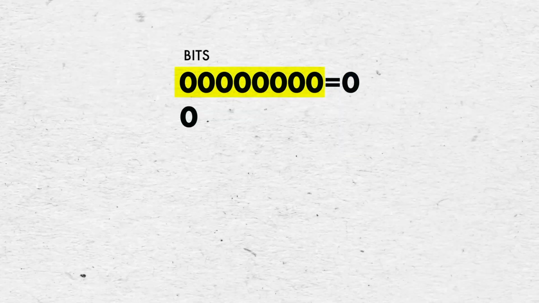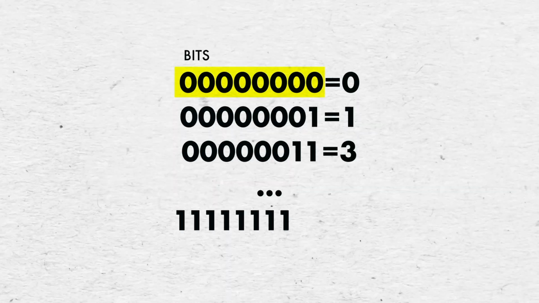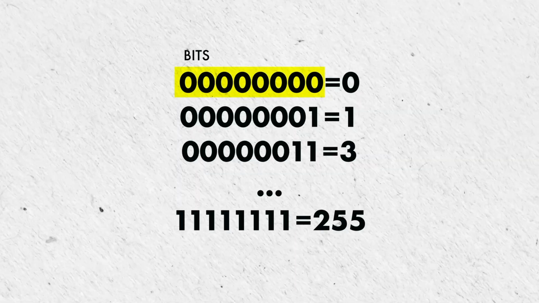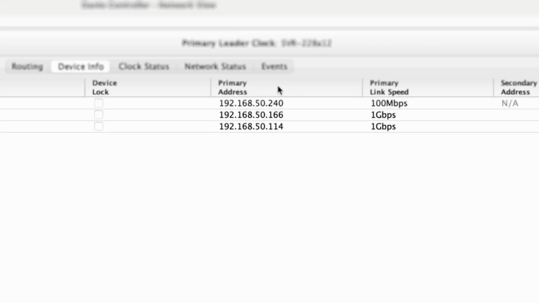I won't go into binary math here, but just know that each field in an IP address can range from 0 to 255, a total of 256 values, represented by 8 bits, which are either 0 or 1. All zeros equals 0, all ones equals 255, and every other combination of zeros and ones represents a number between 0 and 255. Notice that all of these IP addresses have the same values in the first 3 fields: 192.168.50.x. In order to understand why this is the case, let's start with the question, where does an IP address